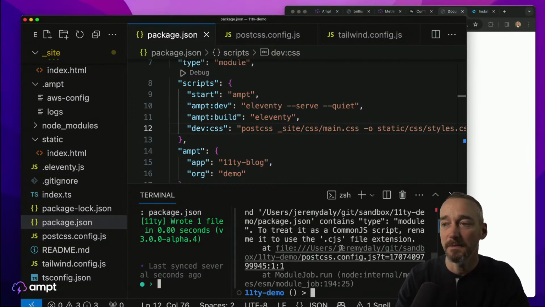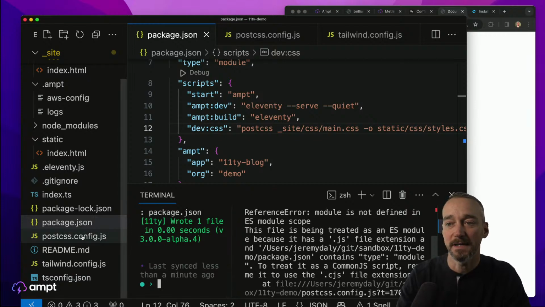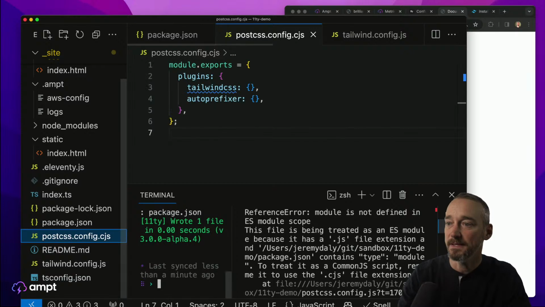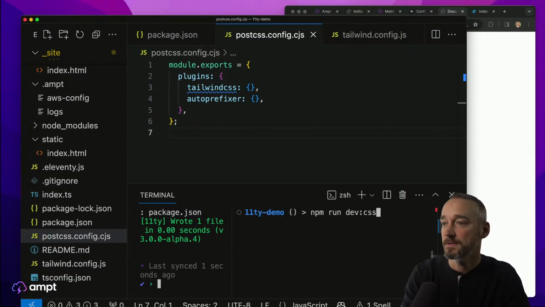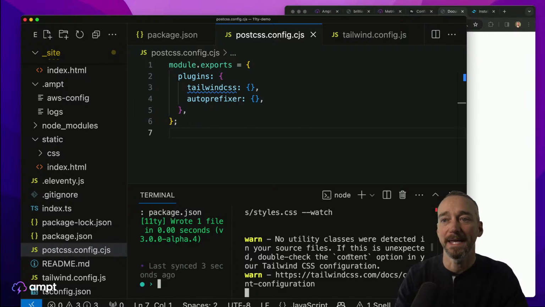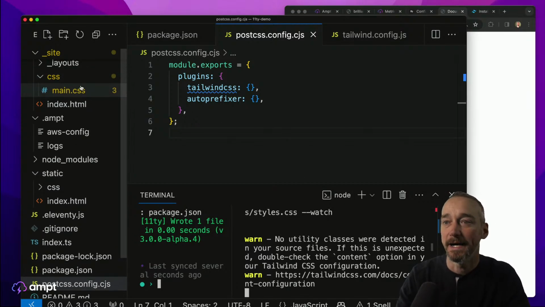Now this is going to fail, and the reason why it's failing is because it's using a .js file, but it's being interpreted as CommonJS. So all we need to do over here is just take this file and rename it to .cjs like this, and then we should be able to run this script. And this will run just fine. So this is giving us a warning saying that it's not picking up any styles, so no styles are being created. That's because we haven't put any styles in our index or in our layouts